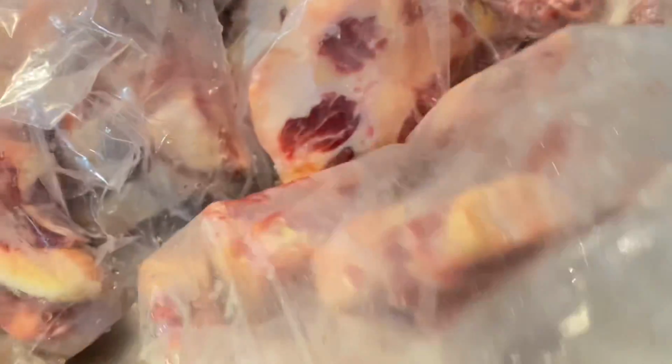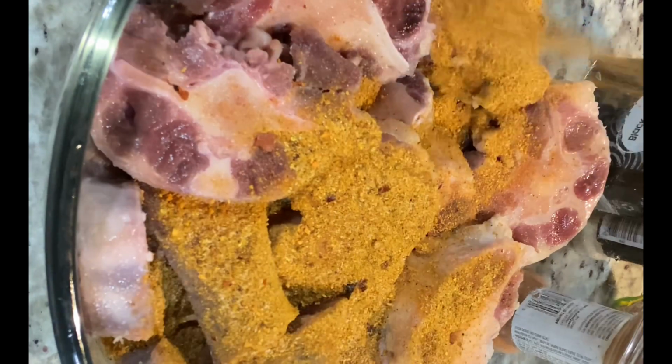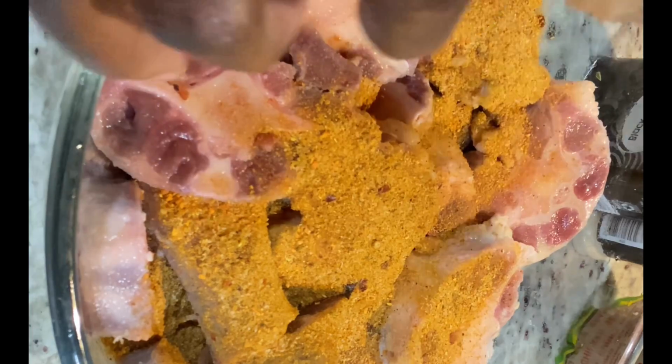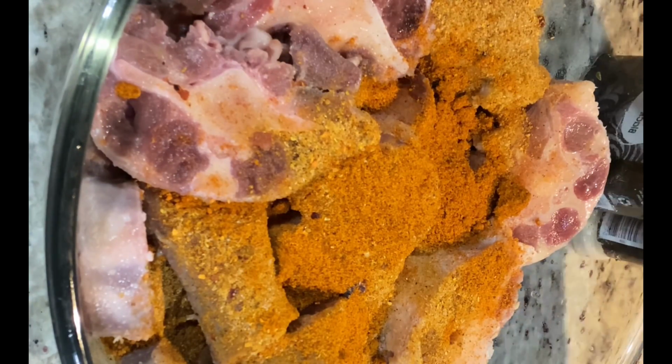Alright, so I have my oxtails here. I am going to rinse them with some vinegar and lime, and then I'm going to season. Here I'm adding some of my homemade seasoning, and then I'm going to add some oxtail seasonings. I have two different types of oxtail seasoning, and I'm going to add some of each. Alright, I am also going to be adding some onion and garlic powder, and I'm also going to add some